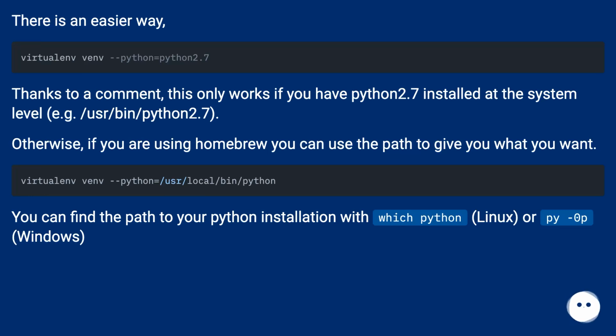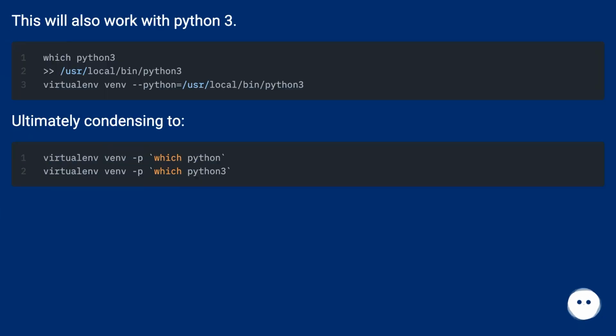You can find the path to your Python installation with which python on Linux, or py -0p on Windows. This will also work with Python 3. Ultimately condensing to